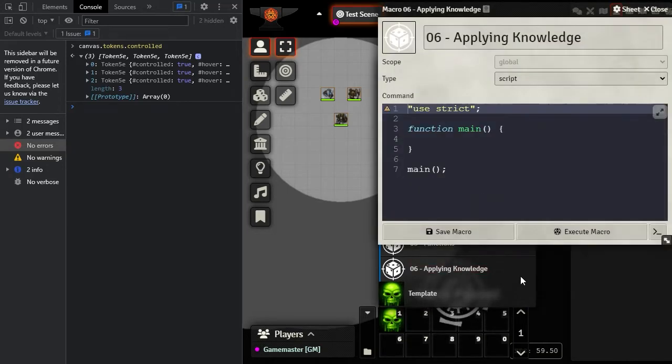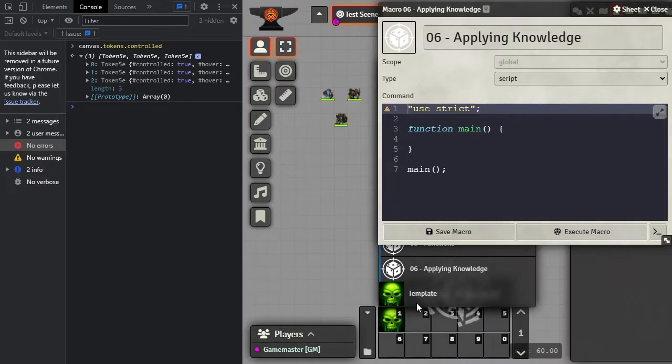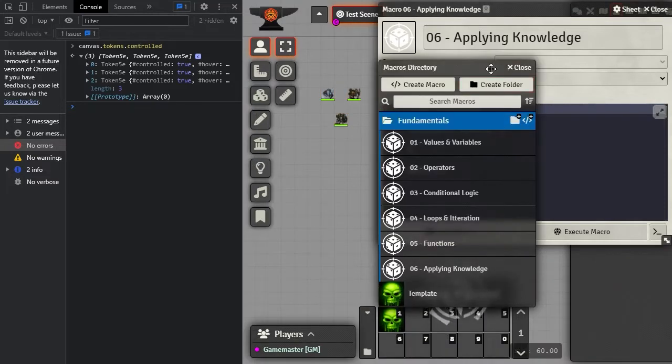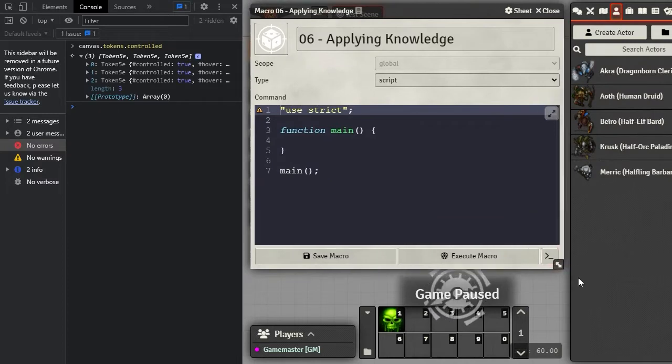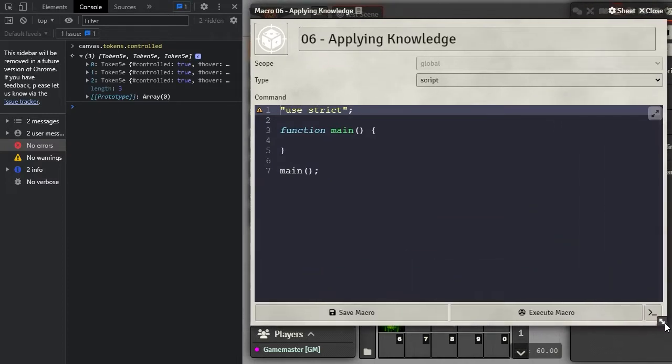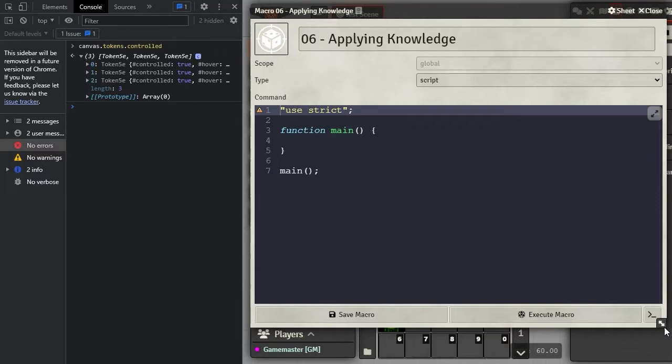So what we're going to write here over the course of however long this takes, I don't know how long it's going to take, a couple episodes I imagine, is we're going to write ourselves a great recon type tool that will check various stats of tokens and stuff like that. So the first thing we're going to want to do is check if there's at least 1